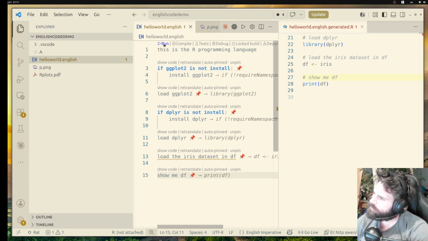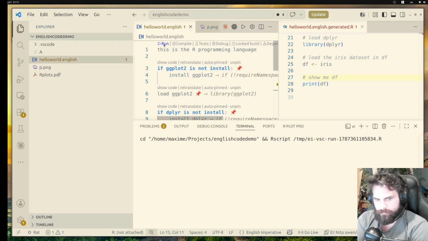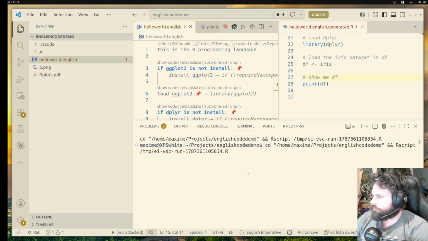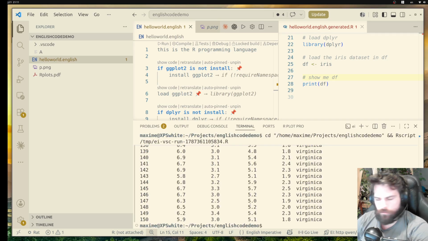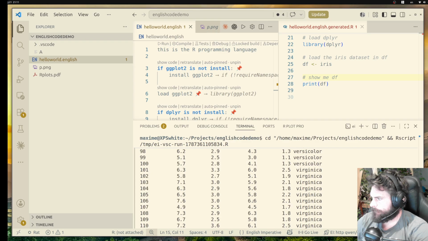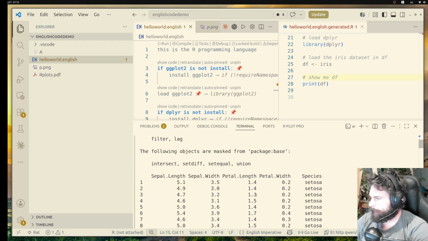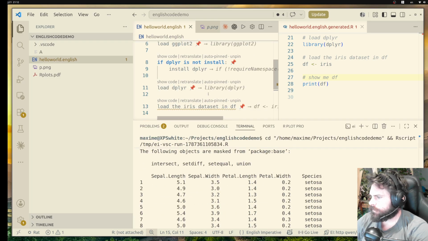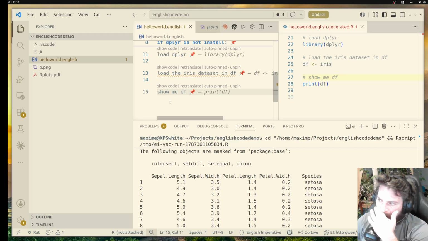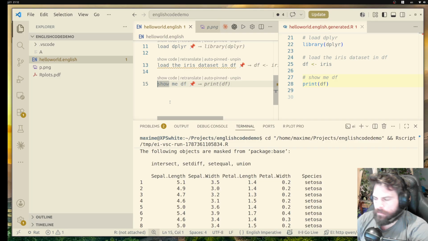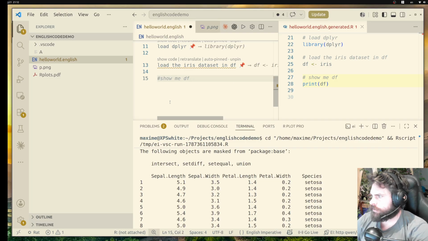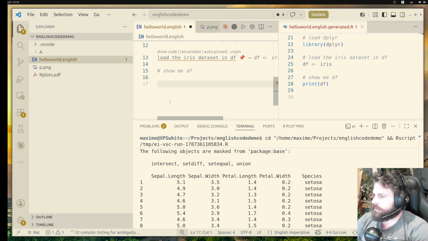Is it coming out now? Okay. I'll use the real name. Bam. Okay, so I'll talk clearly. Now, imagine I don't want to show me the df anymore, so I'm commenting it out. And now I do make a plot